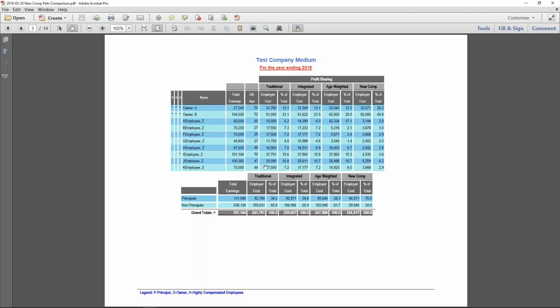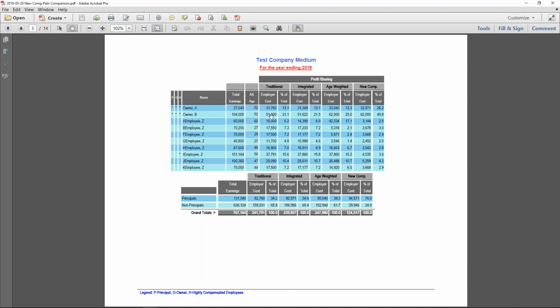We have some people in their 20s. We have somebody that's 60. We have a highly compensated employee that's not an owner. So a really good mix of different contribution amounts. Now you can see here the different, we'll focus here on the two owner lines. So under the traditional